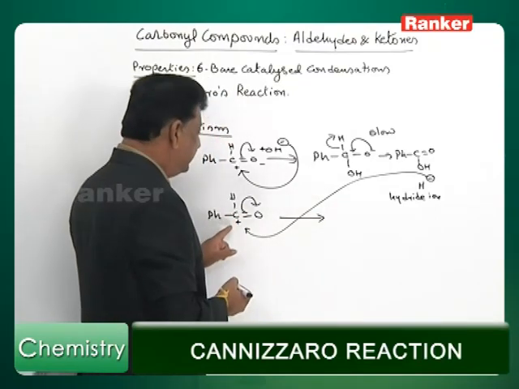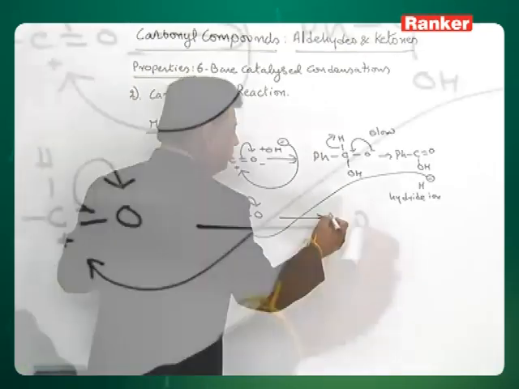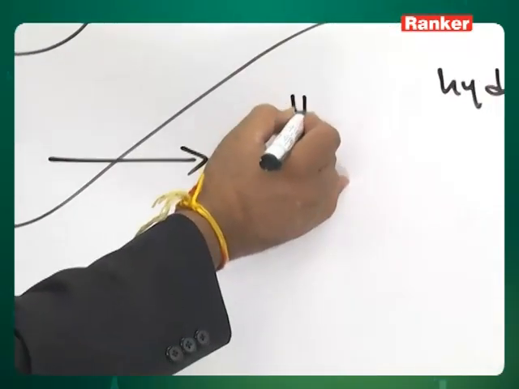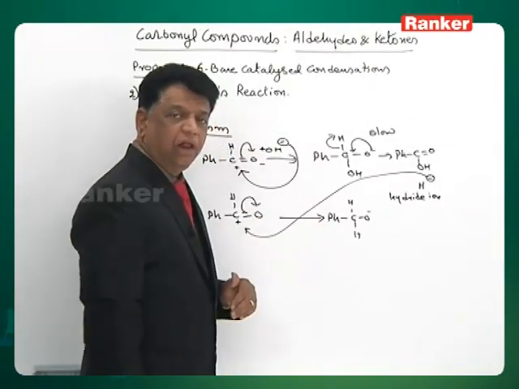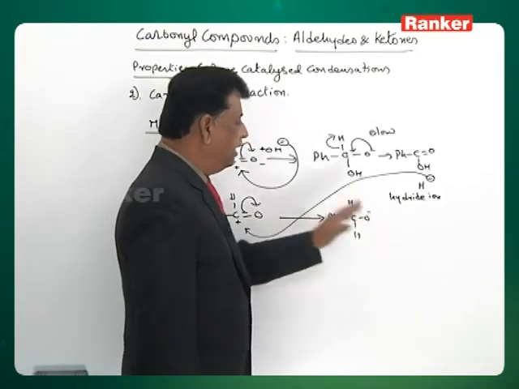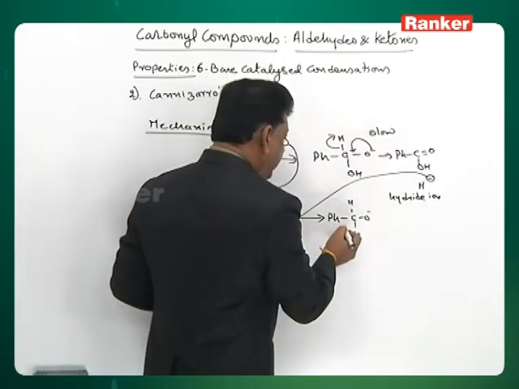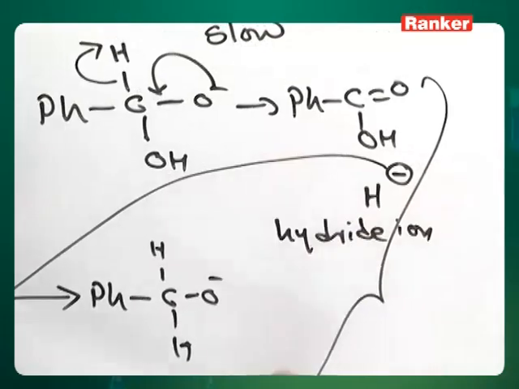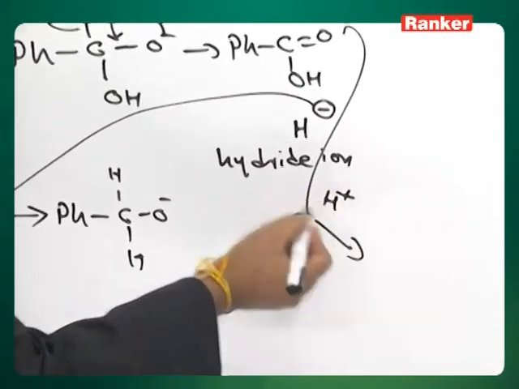So, the H minus attacking will again be fast, because it is an ion attacking on an ion. So, this will become the two hydrogens with the O minus, that is in fact benzyl alcohol, which is also ready. Only one problem: one hydrogen is missing here. Now, the combination of benzoic acid and benzyl alcohol together will undergo an H plus exchange,